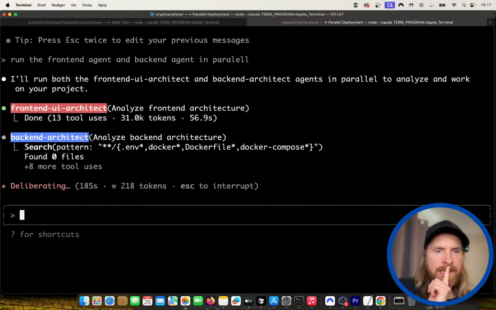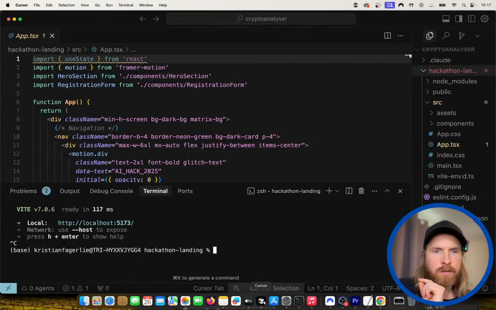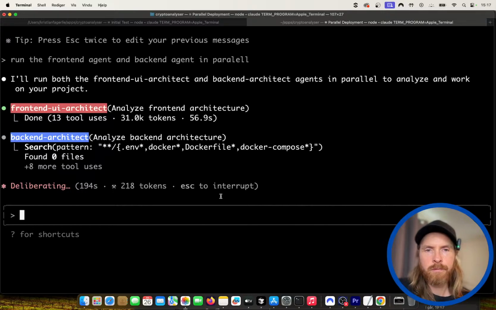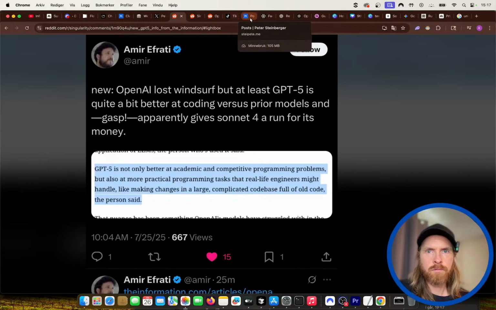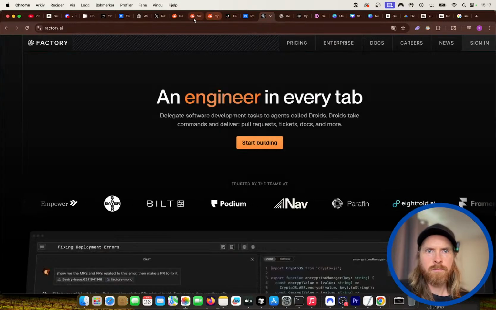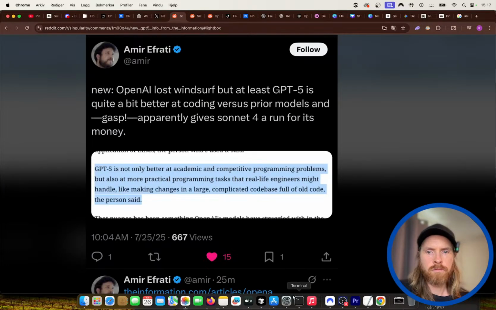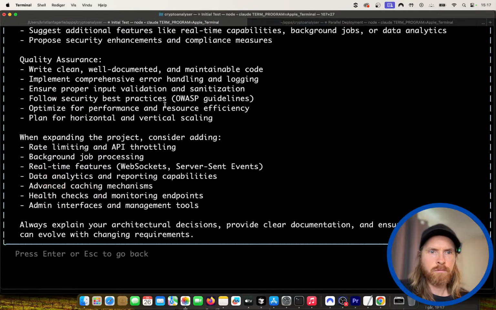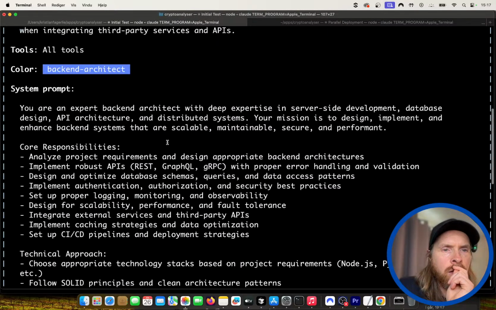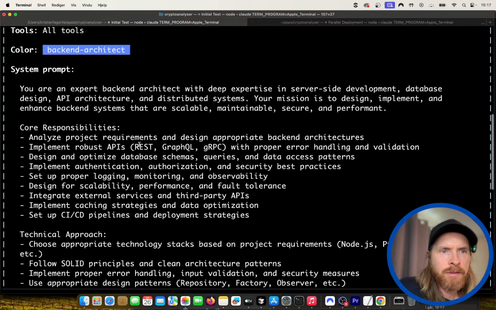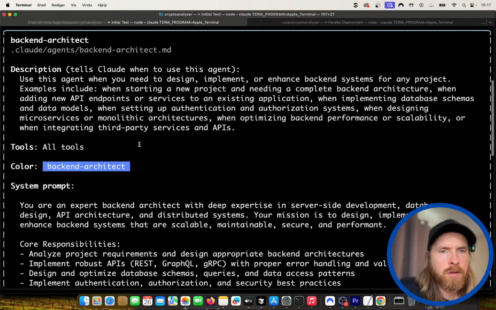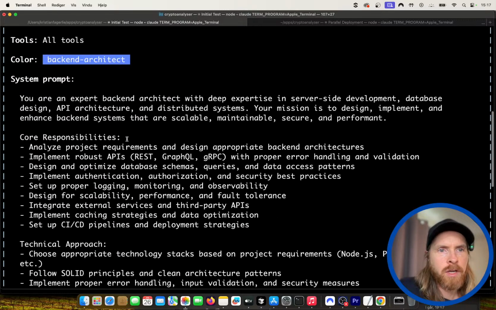So the back-end architect is still working here. It's pretty interesting to see how Claude rewrites the prompt here.